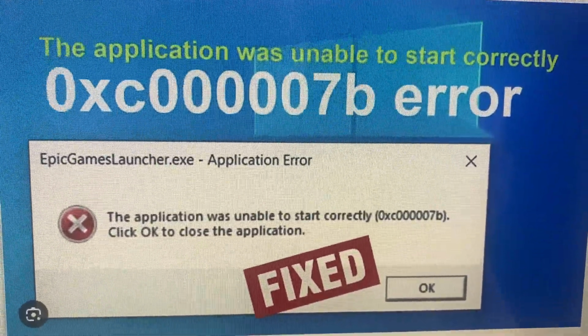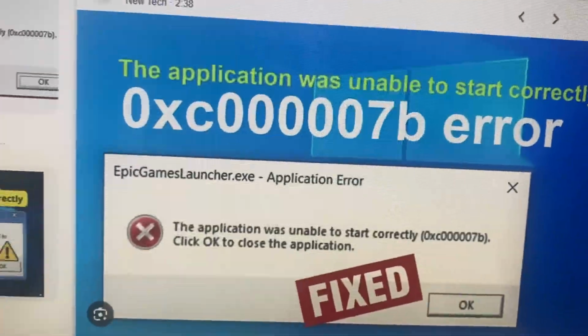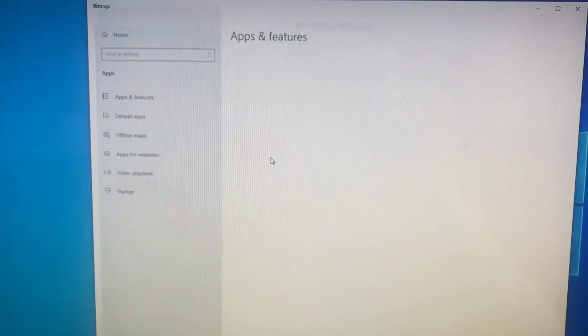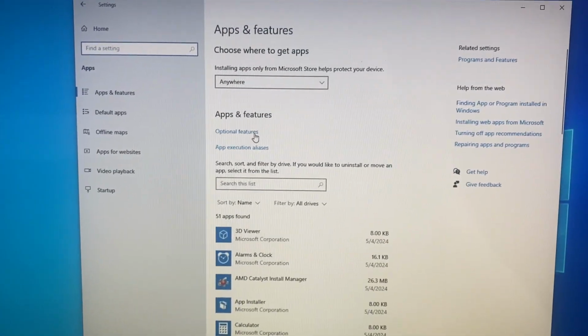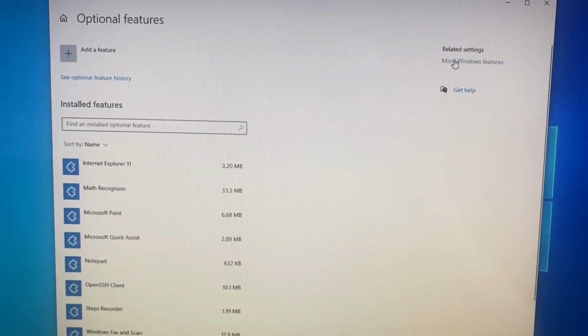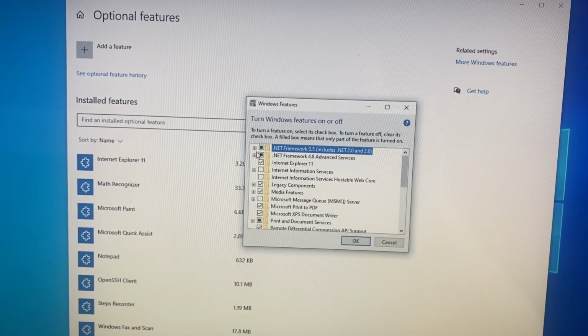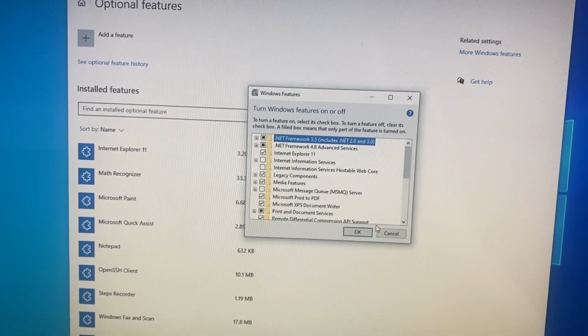So here you can see the application was unable to start correctly, and this is the problem. For fixing that, first you can go to the settings. In the settings you just need to tap here. Here you just need to tap on Apps, choose Optional features, and open More Windows features. Here you just need to check the first and second one, and after that just tap on OK,